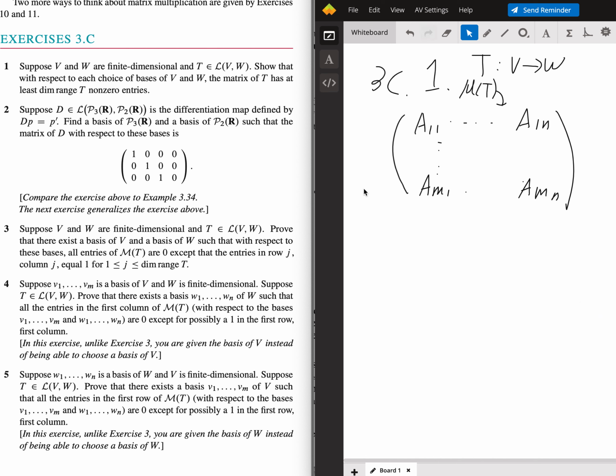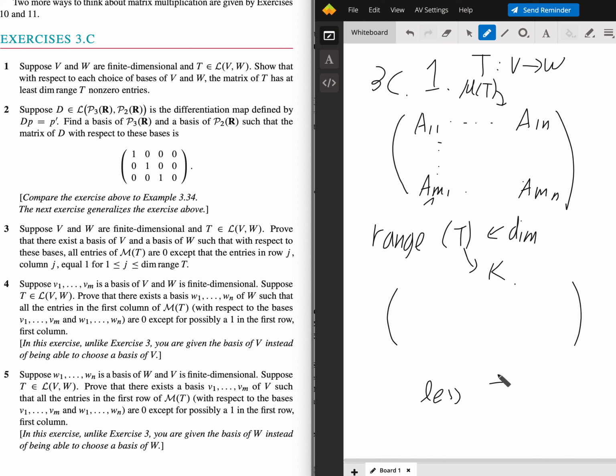And once you get that far, you should be able to do this, because imagine the contradictory case. Imagine if the matrix of T has fewer than that. First you gotta establish some premises. Let's assume that the dimension of range T is actually K. Then what you know is that at least K of these columns have got to have non-zero entries in them. And here's the reason why. If you have fewer than K columns that are non-zero,